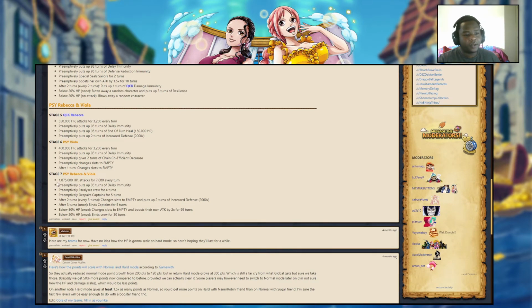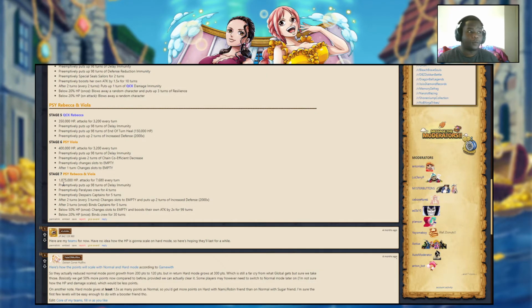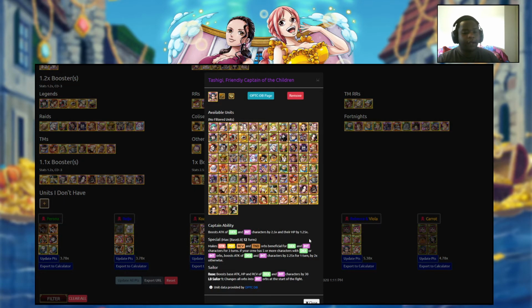And then we're gonna go ahead and do the stage 7, the final one. What is the big thing that we need to worry about? Not much, because keep in mind, we've went ahead and used Doflamingo special. There's no preemptive here that shuffles our orbs, and because he locks our orbs, we're gonna go into the final room with 4 board matching orbs, and then I'm gonna go ahead and get to use a Tashigi for my